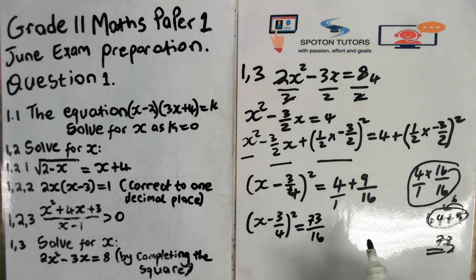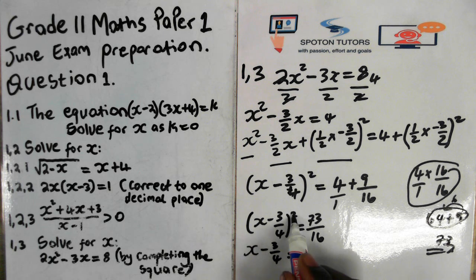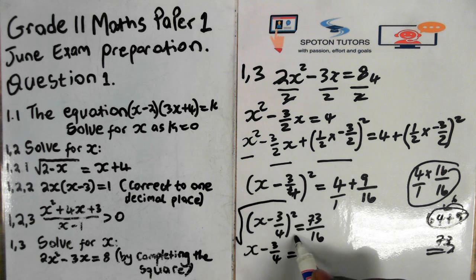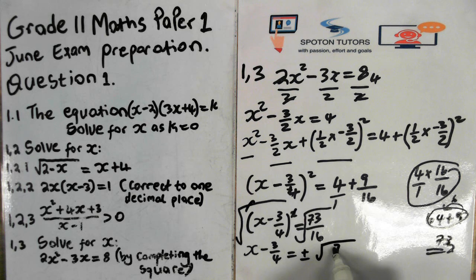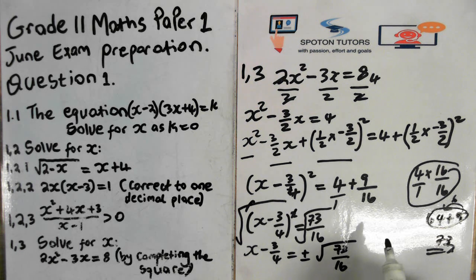Then from this step onwards, you then understand the following, that x minus 3 over 4 is equal to, we want to remove the square now. We want to remove the square, so we put square root both sides, right? So this cancels this, hence we open the bracket to be like this. Then plus minus is the square root of 73 over 16. So in other words, your answer then becomes,